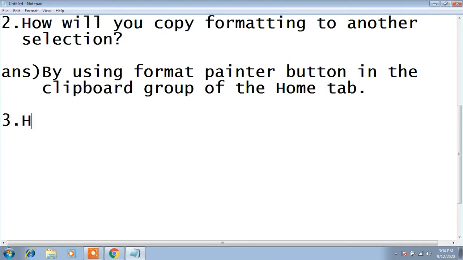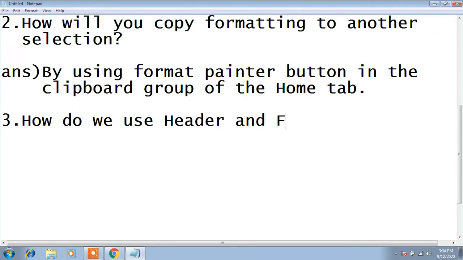how do we use header and footer options? How do you use header and footer options? So this is the third question. Now the answer of the third question is